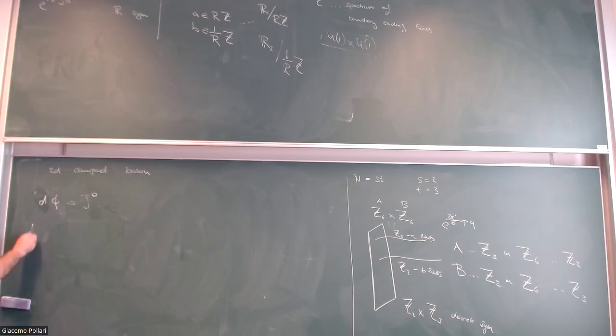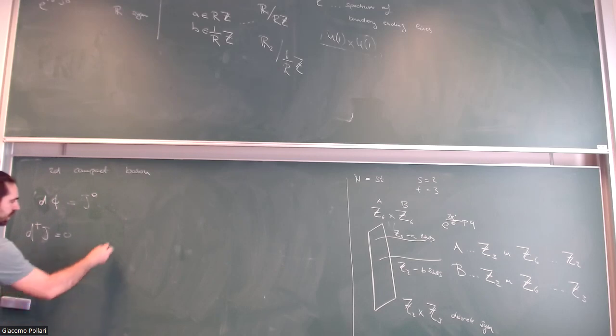The d dagger of J is 0, the equations of motion are satisfied. But there's also another current, J magnetic. What is the dagger? D dagger is the